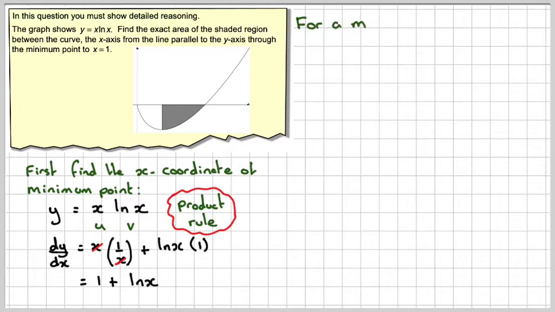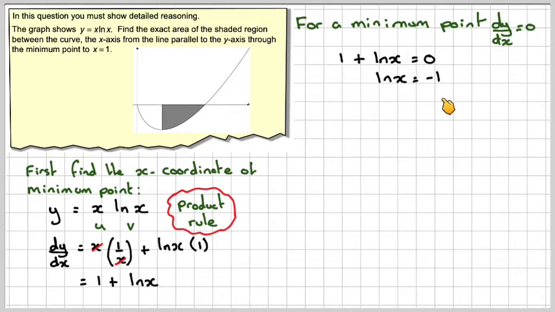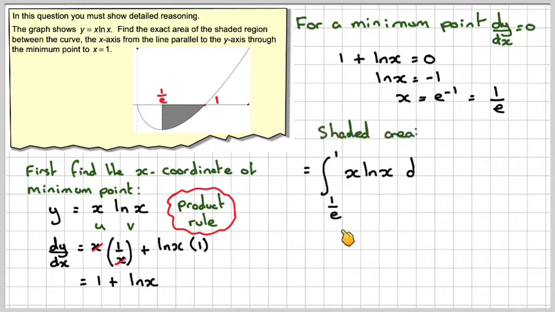We need to put that equal to 0 for the minimum point. So 1 plus ln of x equals 0, which gives ln of x is minus 1. x is going to be e to the minus 1 when you transfer that, or 1 over e. Right, so this is 1 over e, this is 1. So we need to integrate the shaded area. To find the shaded area, it will be the integral from 1 over e to 1 of x ln of x dx,